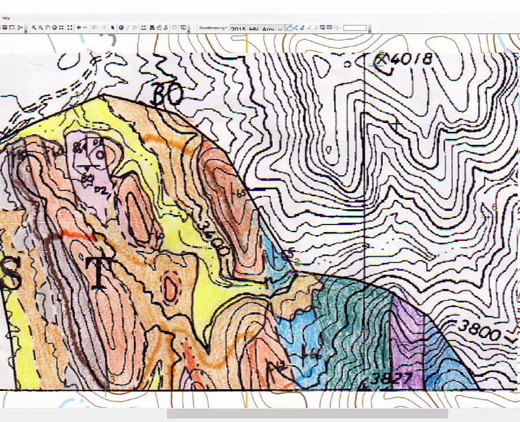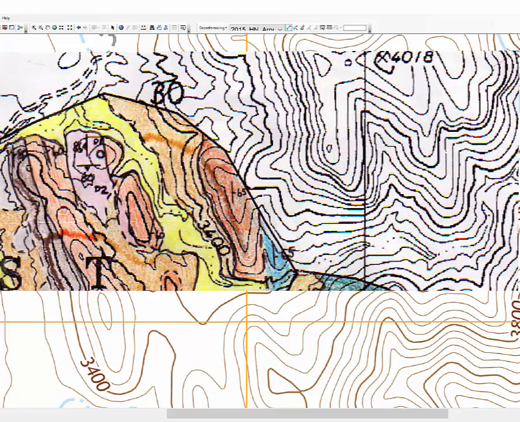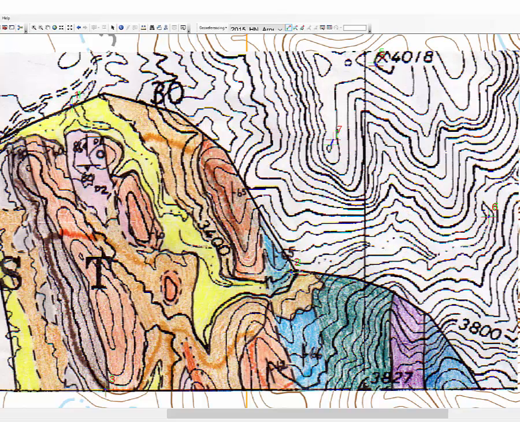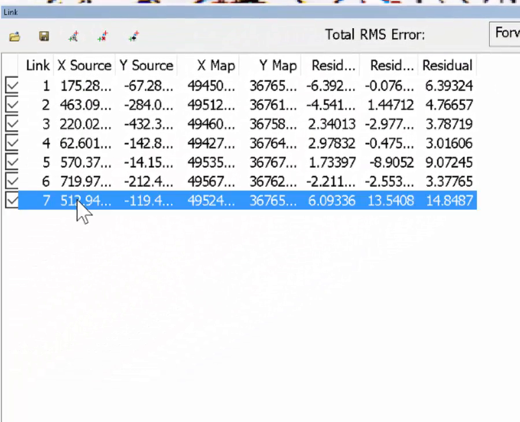Let's say you had one that you had done, like, I'm going to click here, and let's say I do that. All right, so it's not too good, I can see. Luckily, because we have the other ones, the 7th one, even though it's an error, didn't affect the result too badly. But one thing I can do is go in and view the link table and take that 7th one and